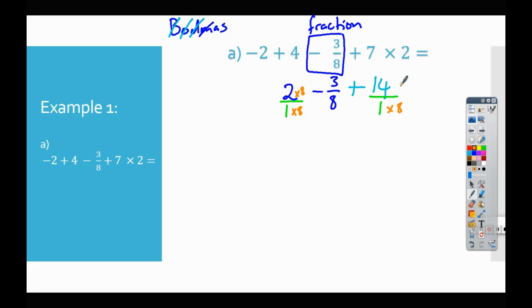So I will multiply this 2 by 8 so that we can have a fraction that looks similar to the one that we need to perform the operation on. Again, notice my negative 3 over 8, I'm keeping the negative sign or the subtraction sign close to the fraction so that it identifies it. All right. So over here, what we will have now is the following. Let's use purple. We will have 2 times 8, that's 16 over 8, minus